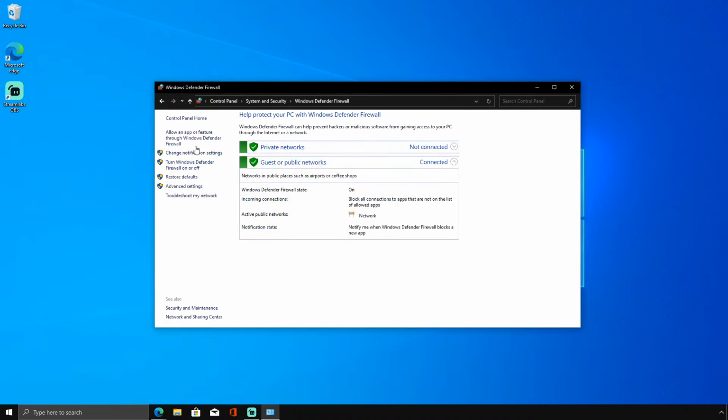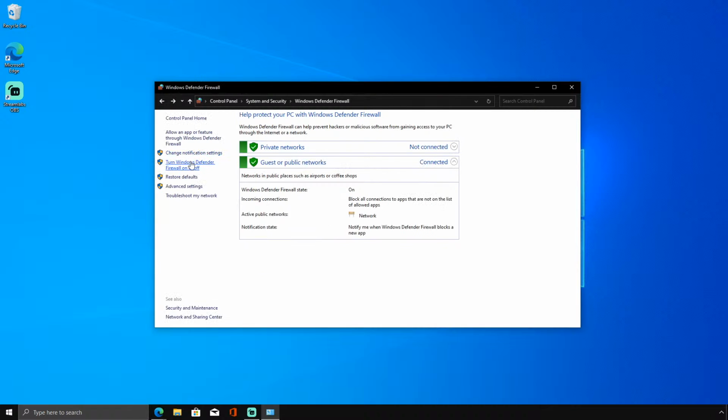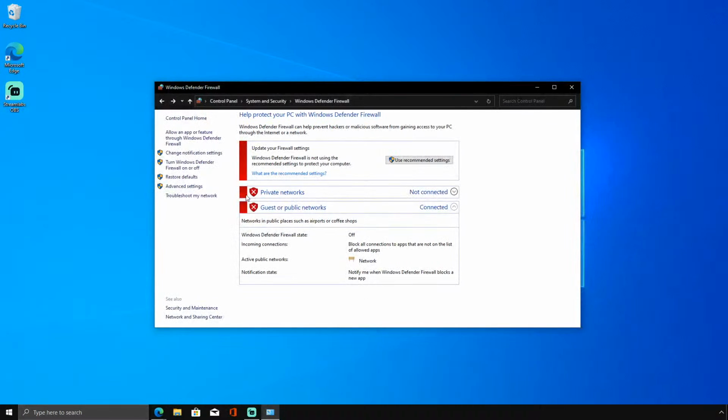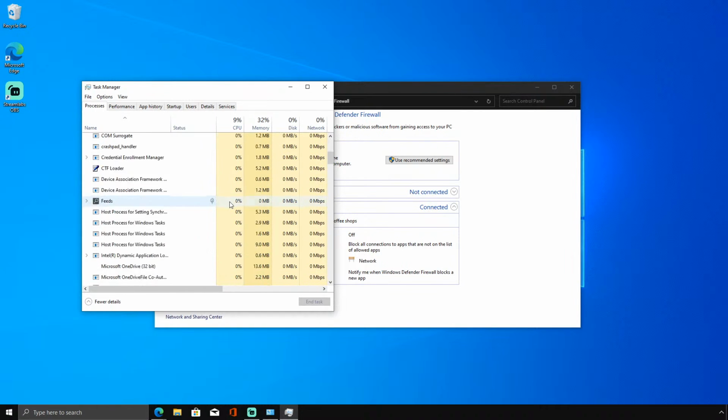Defender firewall. Personal preference. Windows firewall. Windows Defender is known to chew at memory usage. It's known to decrease performance, increase latency, things like that. Now, turning it off like this does not actually turn off your Windows Defender. And to prove that, if you go down here,